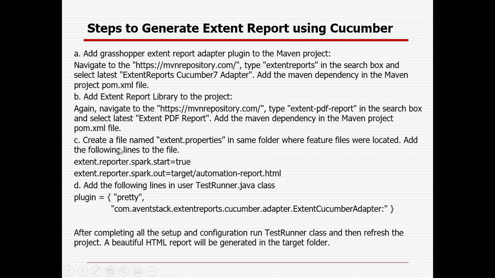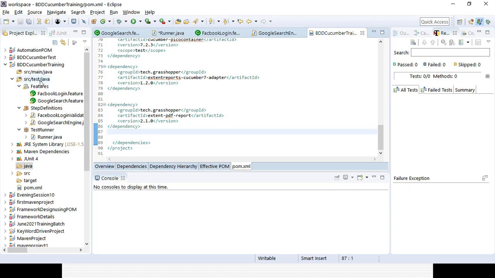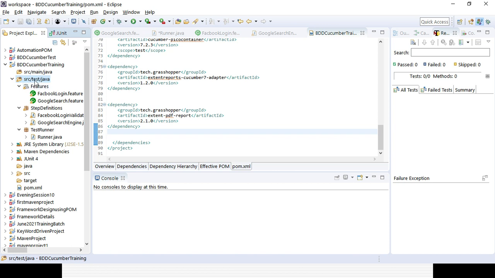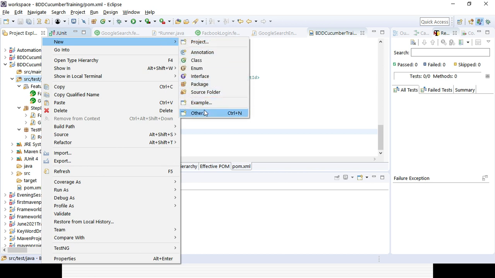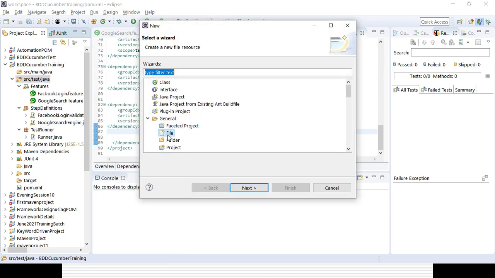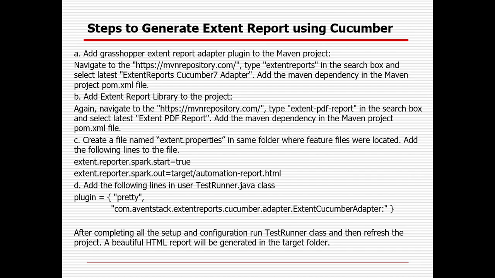The next one is that you need to create a file named extend.properties in the same folder where the features files are located. I mean in the same path, in the src/test/java folder, not the features package, but the folder src/test/java. You will right click here, click on New, then click on Other, and select File here. If you click on Next, you need to give the name of the file as extend.properties,